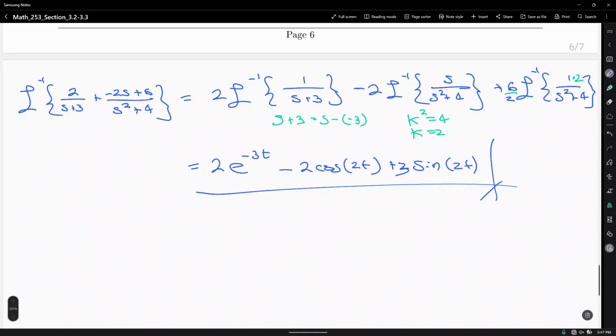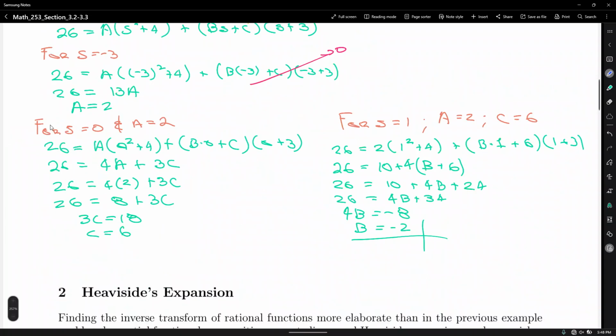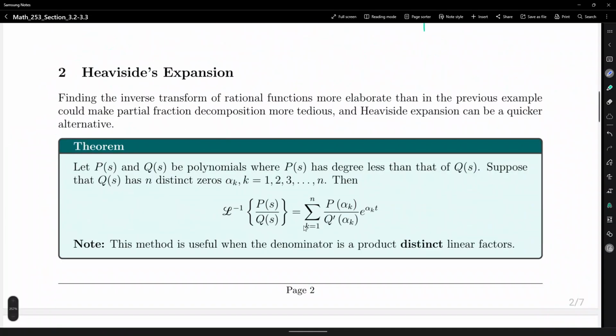All right. Okay, guys. The next example, the next topic. In many inverse transforms, guys, we will need to do a lot of partial fraction decomposition. However, if your factors are linear and distinct and not repeated, let me show you this trick, which is a result of a special theorem in complex analysis. It's called Heaviside expansion. Whenever we have the inverse transform of a rational function of the form P of S over Q of S, the inverse transform would be the sum of